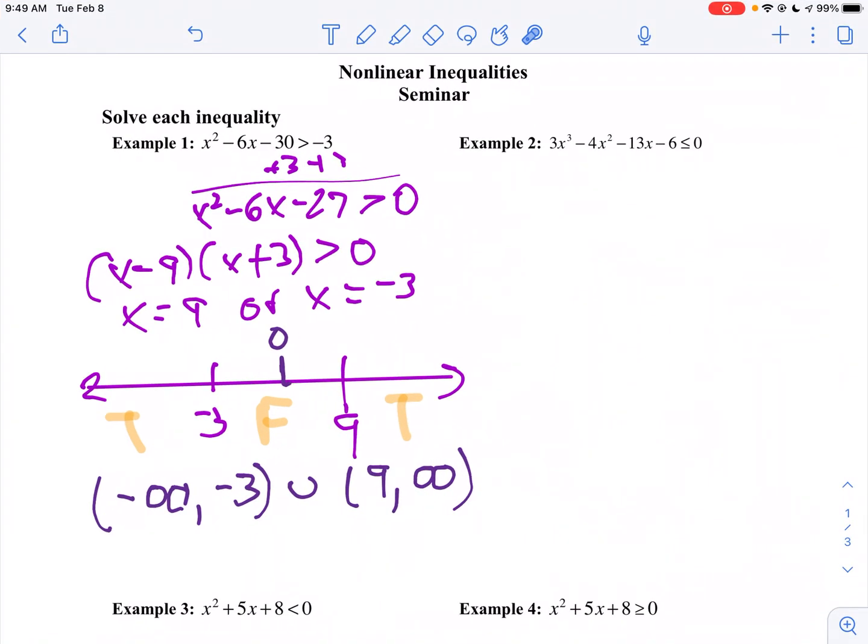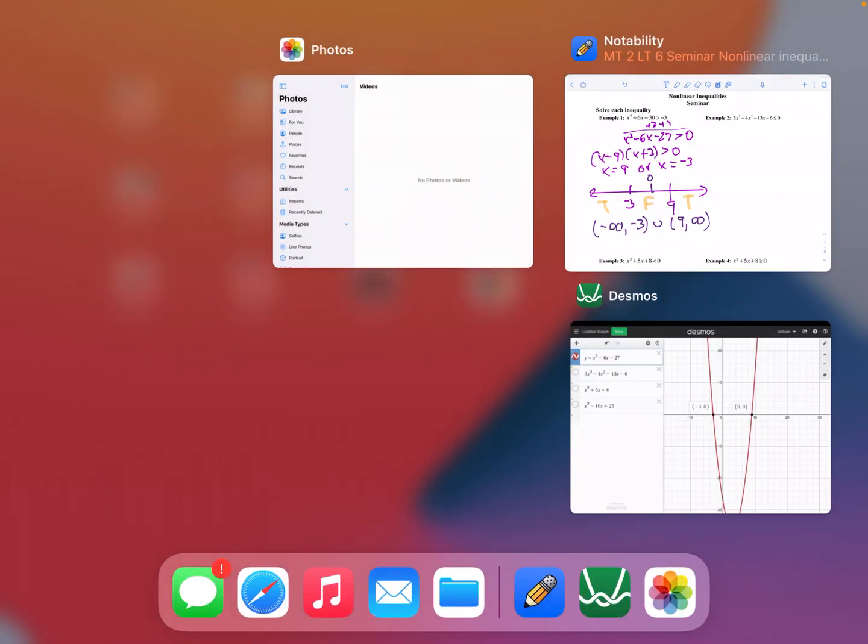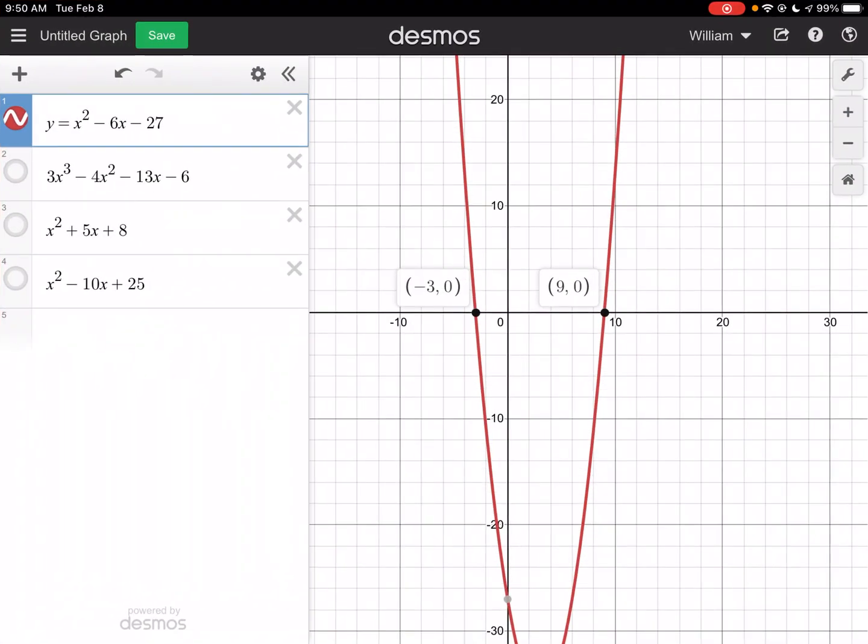Now let's try another polynomial. Let's take a look at example 2. Now we're going to compare it to what we did yesterday. I notice in example 2, I've got this cubic polynomial, so I'm going to have 3 roots, so I'm going to have 4 sections in my sign chart. I'll first graph this and use my rational root theorem to try to bring it down to something that's manageable. So if I go ahead and graph this, which I have,